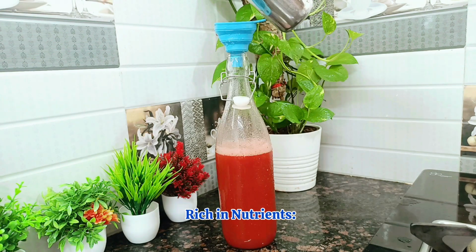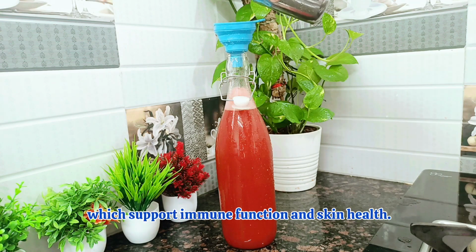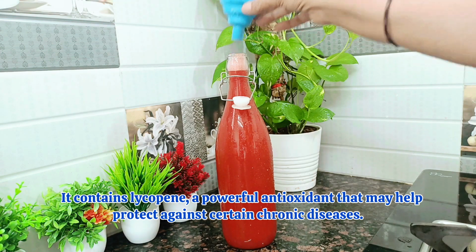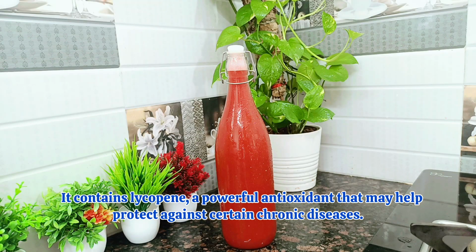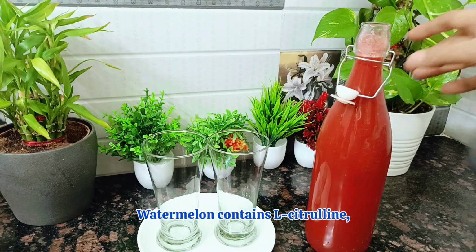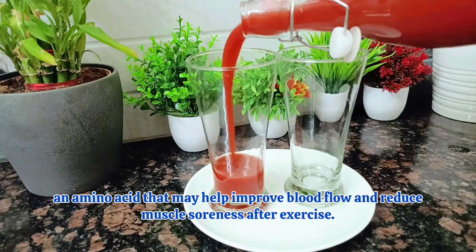Rich in nutrients. Watermelon is a good source of vitamins A and C, which support immune function and skin health. It contains lycopene, a powerful antioxidant that may help protect against certain chronic diseases. May reduce muscle soreness. Watermelon contains L-citrulline, an amino acid that may help improve blood flow and reduce muscle soreness